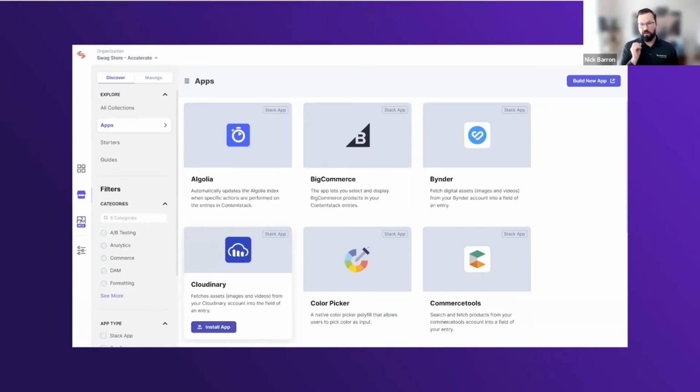It allows you to go in and click a button. You can see here I had highlighted Cloudinary. I can click install app. That's going to install the Cloudinary integration. That's going to give me a dashboard widget. That's going to give me the custom field that allows me to select assets and put that into my content type, or a rich text editor extension that allows you to pull that into text-based content as well. So we have a bunch of these existing integrations that folks can just leverage to pull in, and it allows you to compose that ultimate solution really quickly as well.